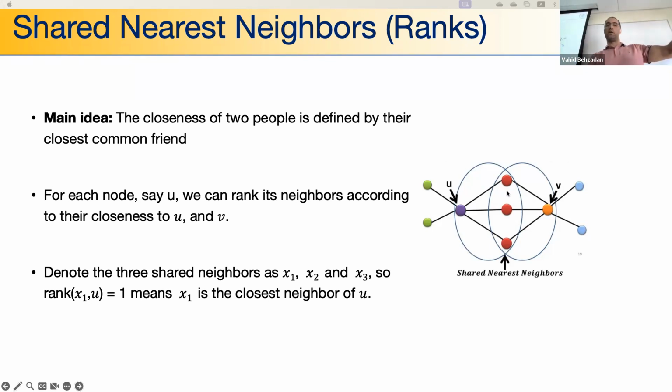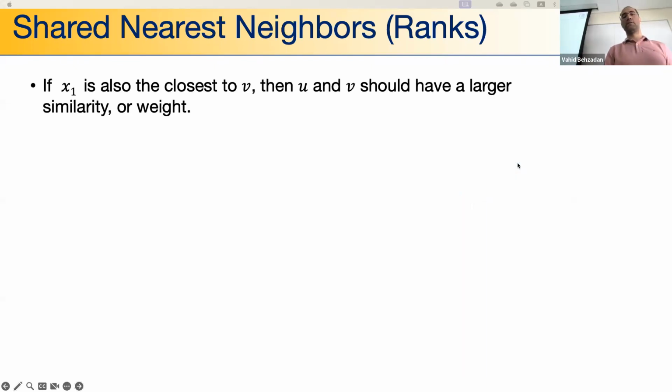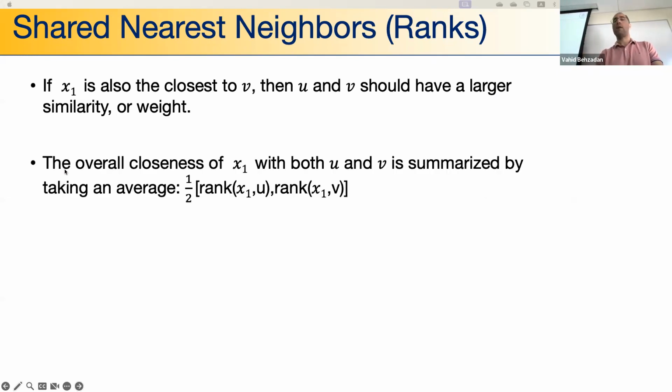It's U compared to X1. And in that case, the rank is 1 because it's directly linked. So if X1 is also closest to V, then U and V should have a larger similarity or weight, right? So that's the basic idea. So how do we calculate the overall closeness of X1 to both U and V? It's basically by taking the average of the rank between U and X1 and V and X1. And so if it's 1 and then 3, then you take